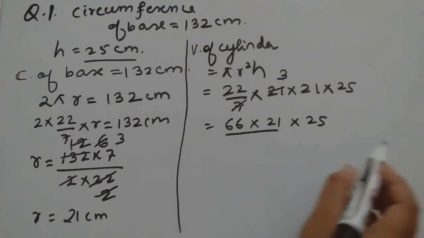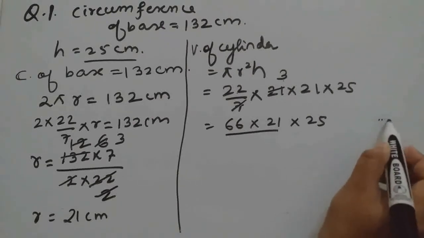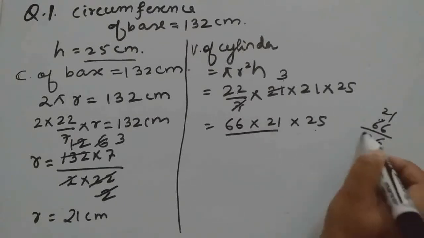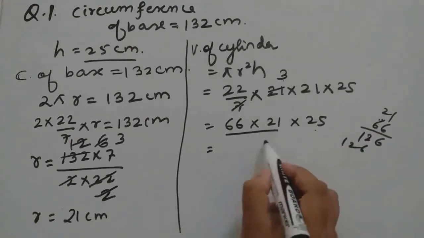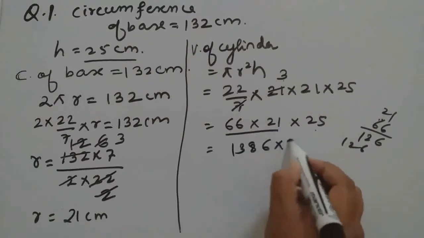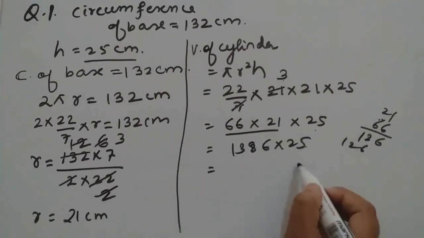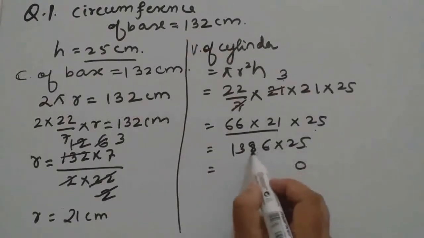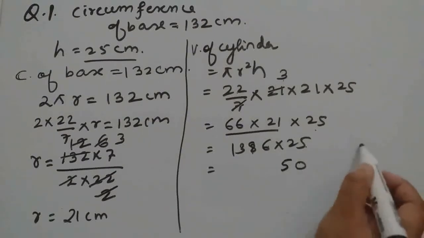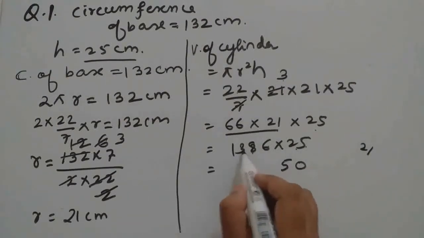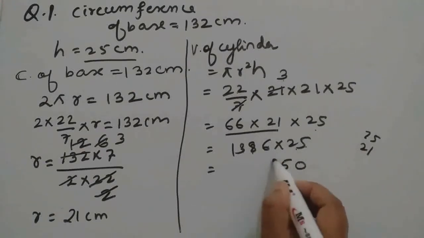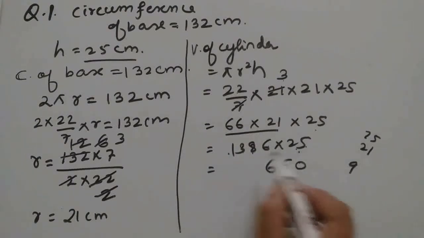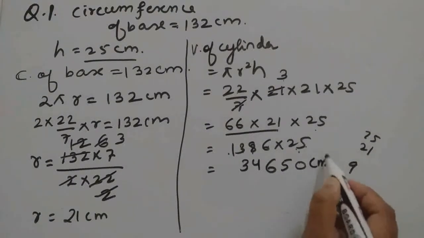So first we will multiply with this because that is easy to multiply, and then with 25, okay. So it will come 683 into 25. Now 25 6s are 150, so 0 will come, 15 will remain. 25 8s are 200, so 215, so 5 will come, 21 will remain. 25 3s are 75, so 96 will come, so 6 will remain. If 6 will write, 9 will remain. 25 1s are 25 and 9 means 34.